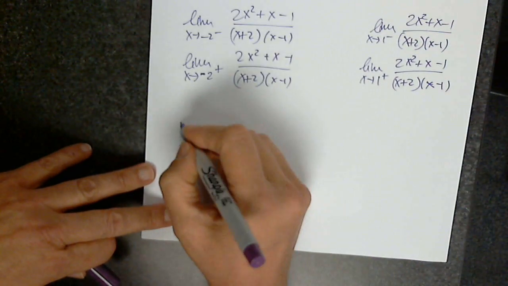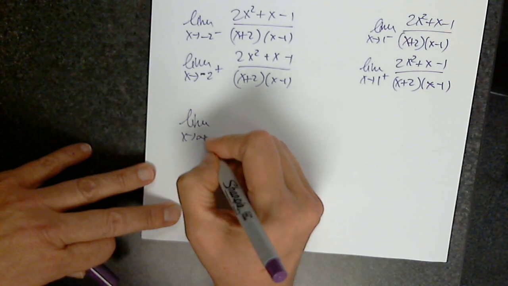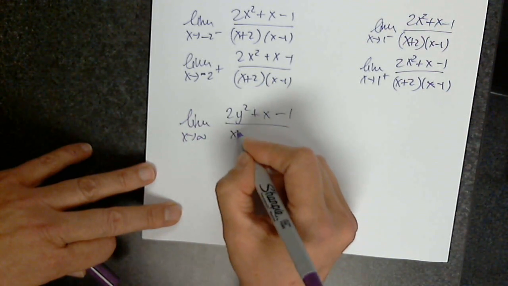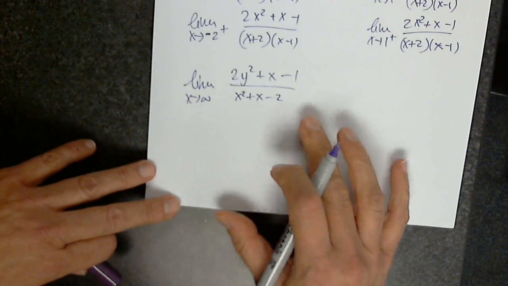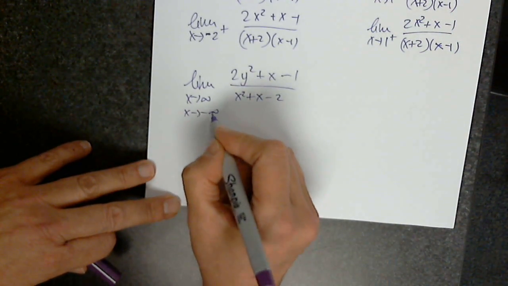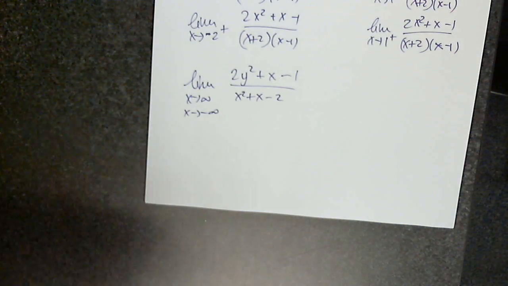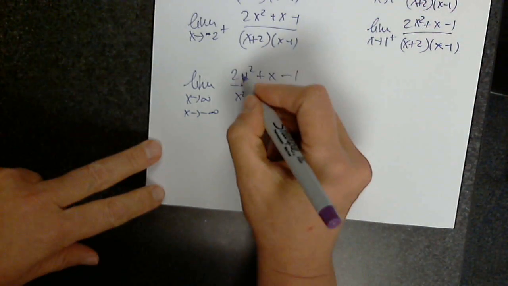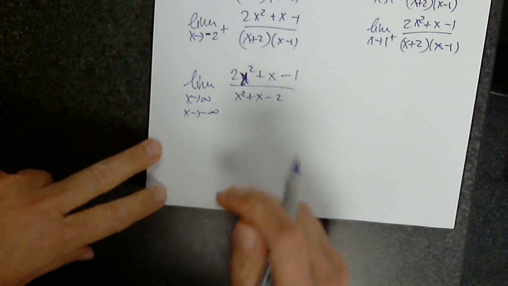And for the horizontal asymptote, I have to find the limit as x approaches infinity of 2x squared plus x minus 1 over x squared plus x minus 2, and the other one as x approaches negative infinity. In this case, it's not going to make any difference if it's infinity or negative infinity. The function will have only one horizontal asymptote. Oh, I wrote y. Why did I write y? Okay,